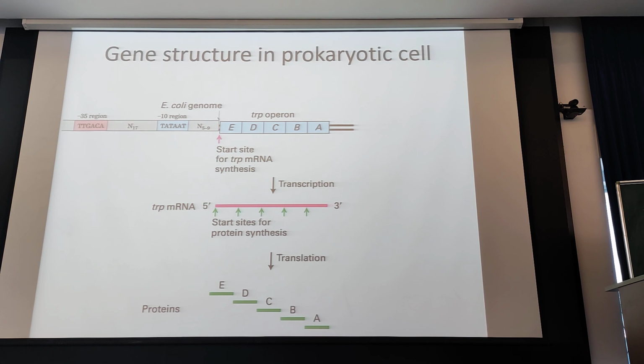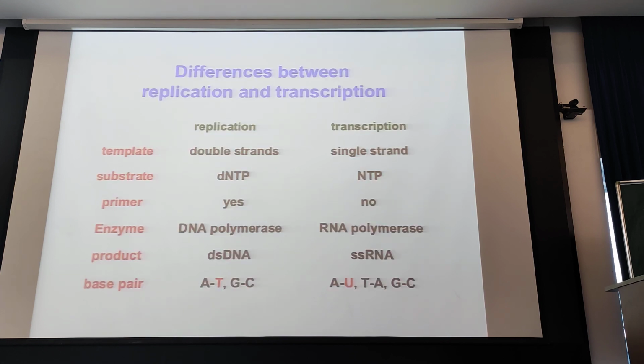And I have made a small comparison between DNA replication and RNA transcription here. So we see that the template in DNA replication is double strand, and as a consequence, the product is a double strand DNA. Okay, and in transcription the template is only one single strand. Transcription only uses one DNA strand, and as a consequence, the product is a single strand